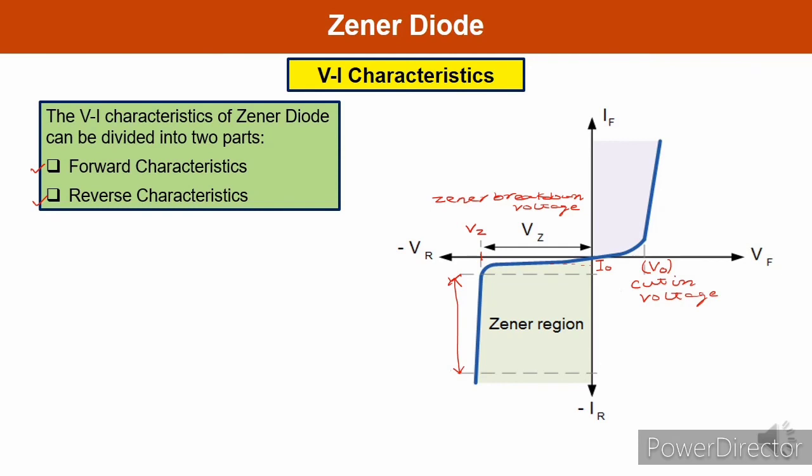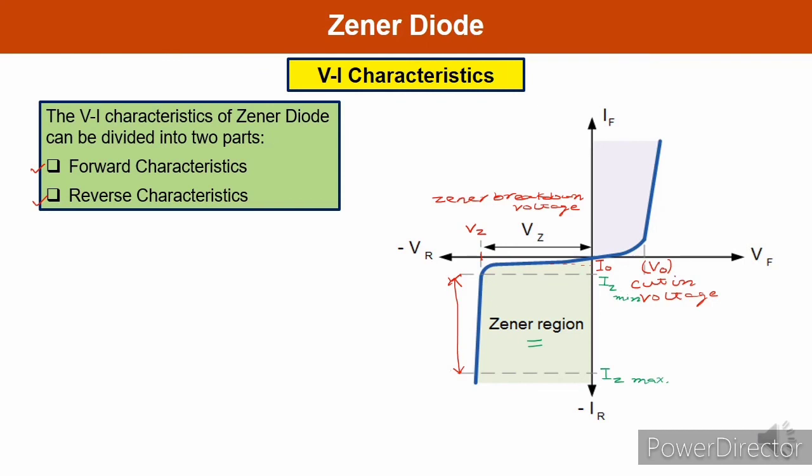And in this particular diagram, you must note down this particular point as well. After the reverse breakdown, the Zener diode operates in this particular region, which is known as the Zener region, and here the current is represented as what? This is IZ minimum, and this particular value is IZ maximum, and this is the Zener region, as I have told you.